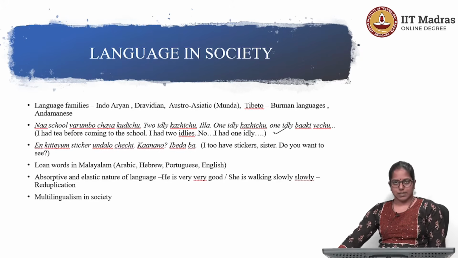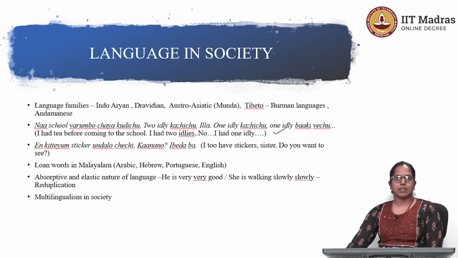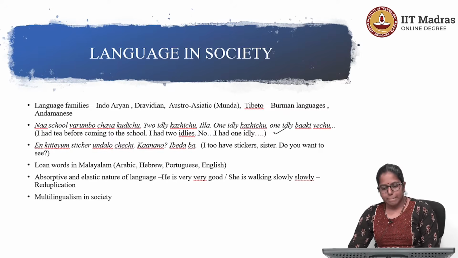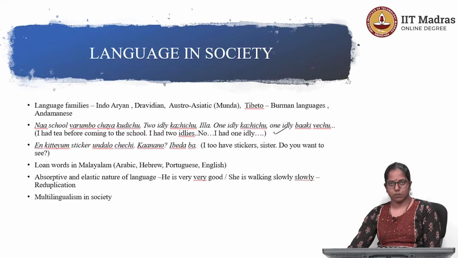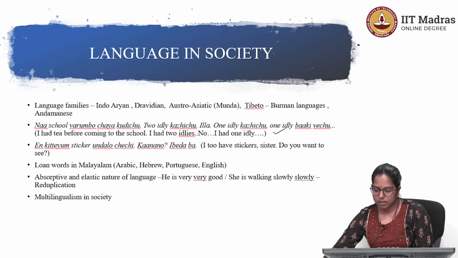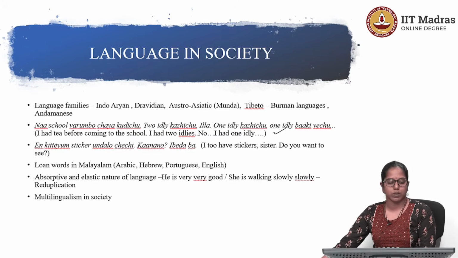If you analyze this sentence, at a peripheral level, you might feel like this is a proper Malayalam sentence with a few English words in it, such as 1, 2 and stickers. But that's not true. If you go for a deeper analysis, you see that the sentence consists of Malayalam loan words, that is, words that Malayalam has borrowed from other languages, which a lot of Malayalam speakers might feel is a Malayalam word. And what are these? There is an Arabic word baki, the Hebrew word ba.